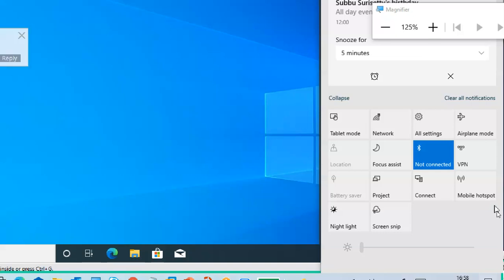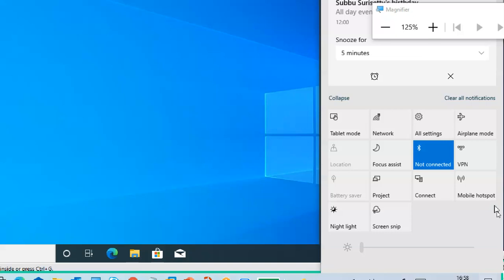But as I know, it is one side only. Earlier they used an application to make a laptop a Wi-Fi hotspot. Now it is not required in Windows 10.